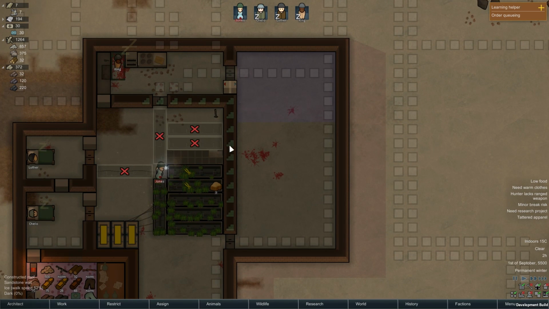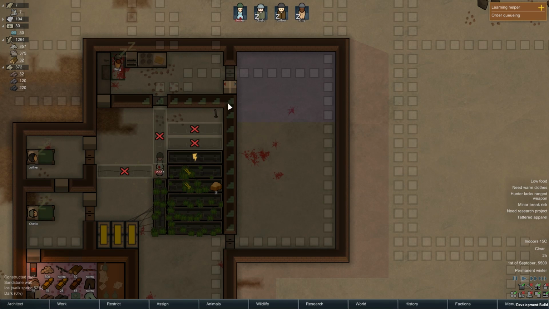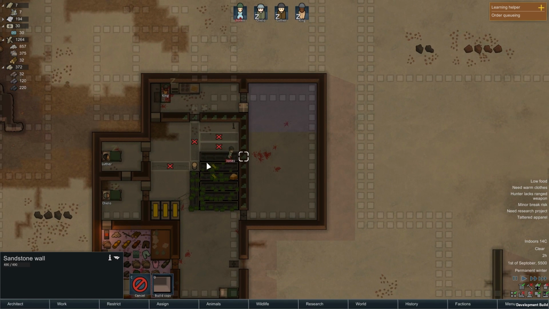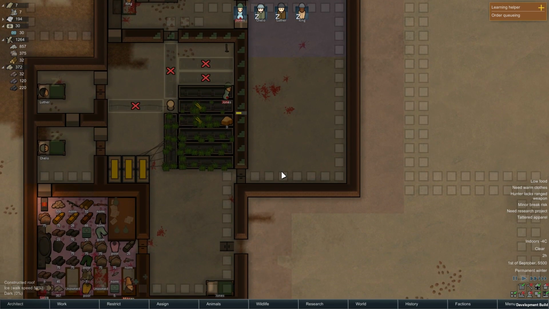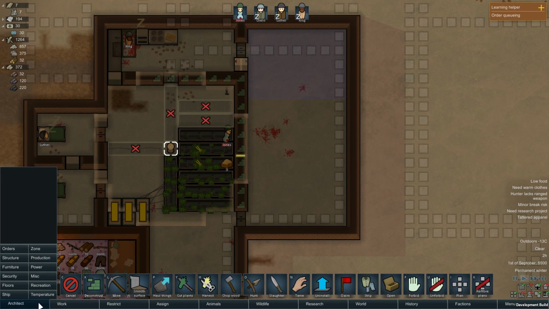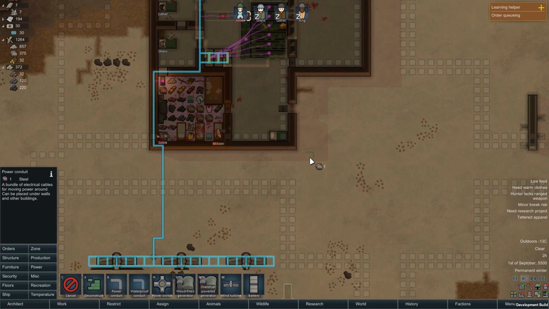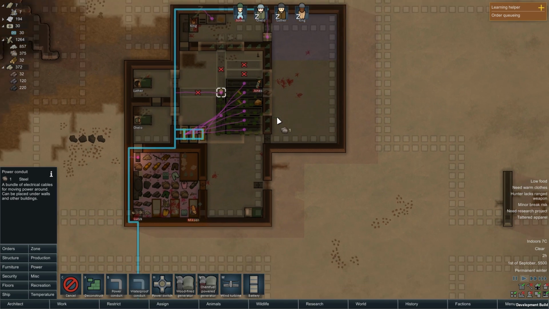Yeah, so it's going to be perfectly fine to build this hydro basin, because that will be part of our new hydro setup here. I am going to have to make sure that power will reach out here as well for the sun lamp. And you're actually... Okay, you're deconstructing that one there. That's fine. How am I going to run power to this section? I probably won't queue it right now, because I do want you to deconstruct most of this so that we can get...